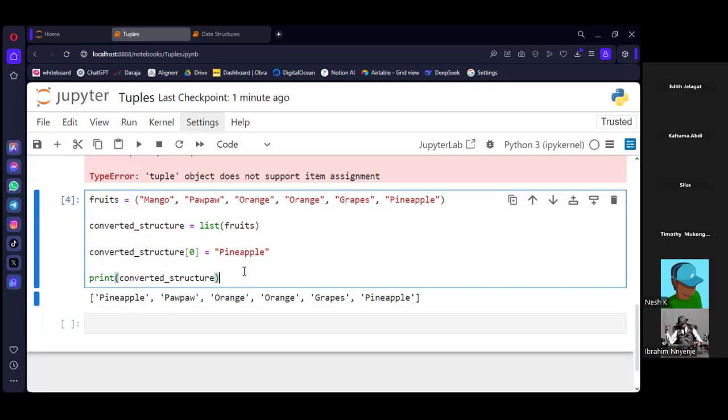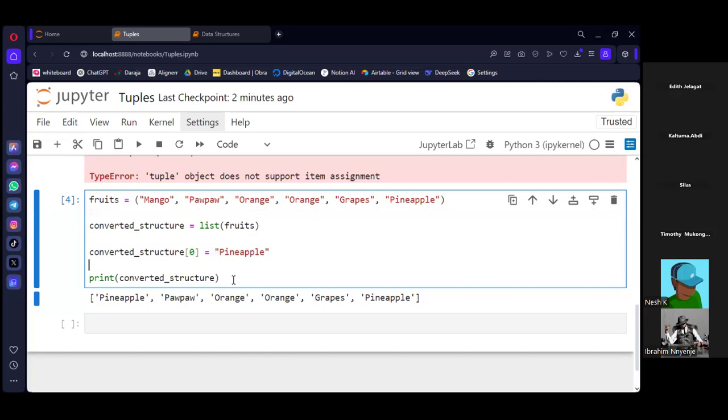So who can tell us what we can use to make the output a tuple? How can we make the output be a tuple? Anyone? We've managed to convert it from a tuple to a list, and we have modified that list because we know lists are changeable.